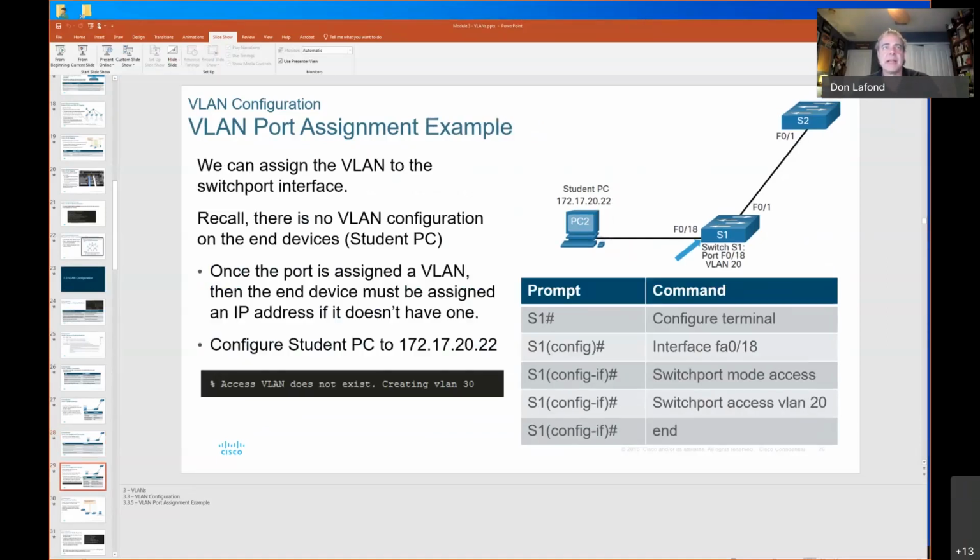When we assign the VLAN to a switch port interface, recall there is no VLAN configuration on end devices. Nothing is configured here. Everything is configured on the switch. Once a port is assigned a VLAN, the end device must be assigned an IP address if it doesn't have one. So then you just go to PC2 and you go into configuration and you set the IP address